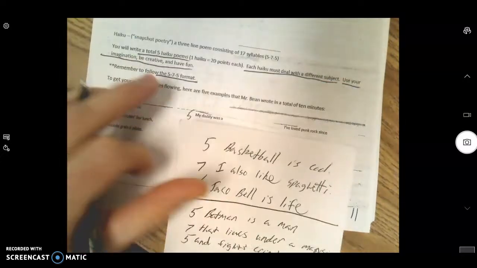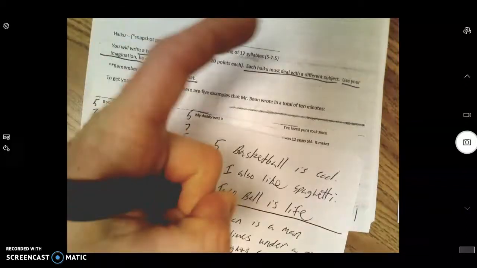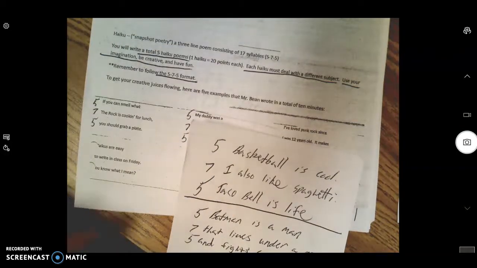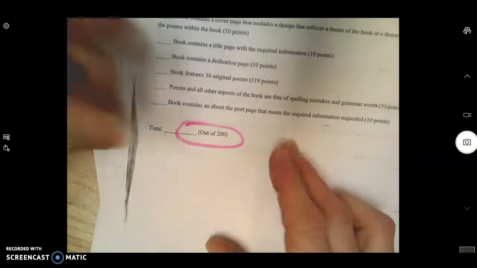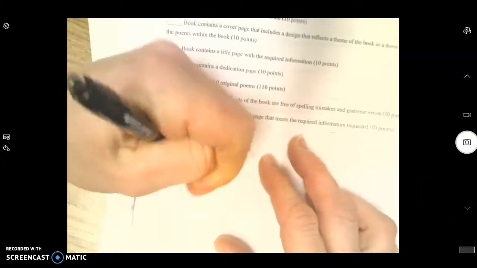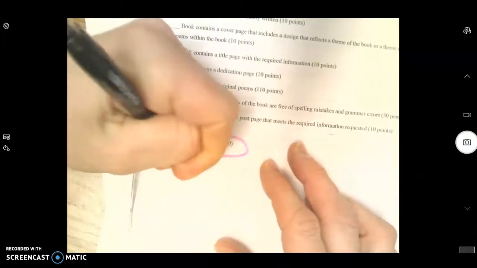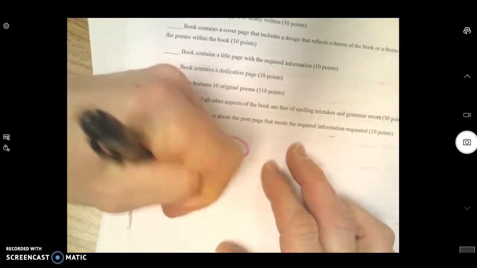Now check it out. These 5 poems right here will make up 1 entry to your poetry booklet. So I know the other day you guys were in class. No, we did this the other day. I'm going to go back to this. On the poetry project page, we wrote down an I am poem. Now your I am poem can be one of your entries to your poetry booklet. Your second one, you can put haiku.